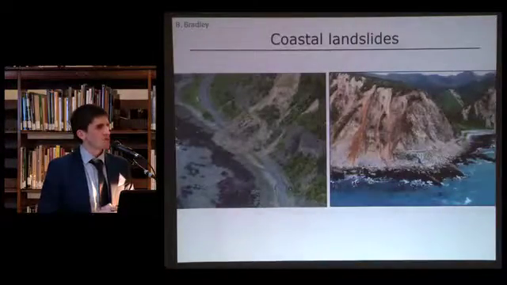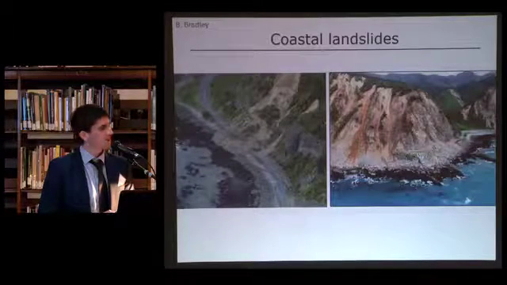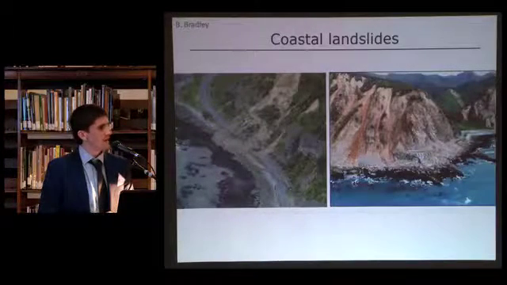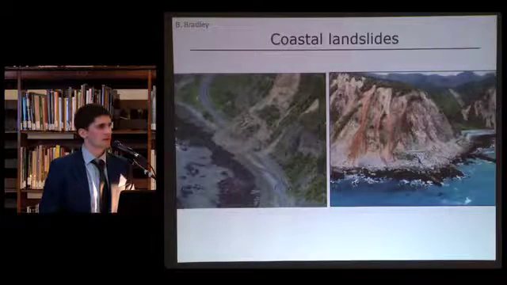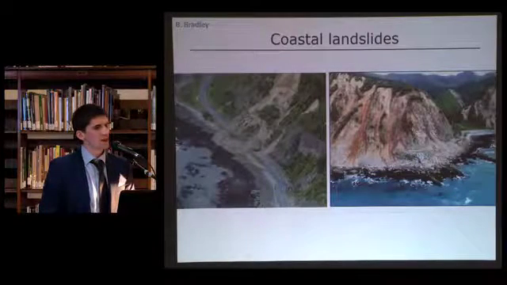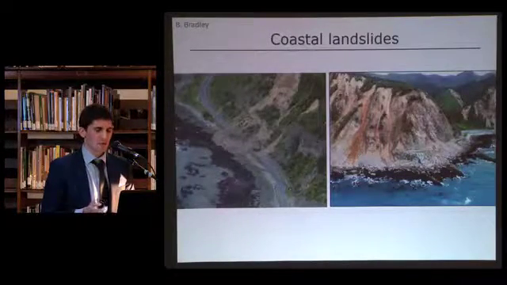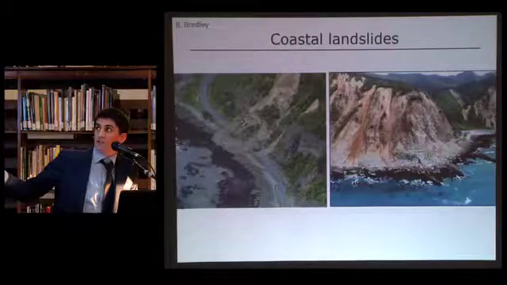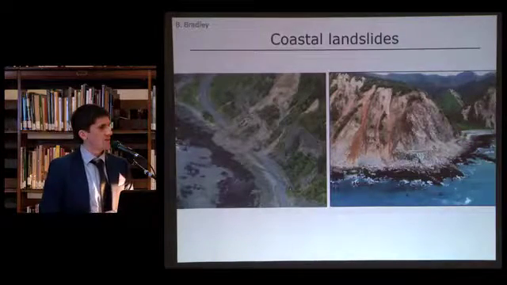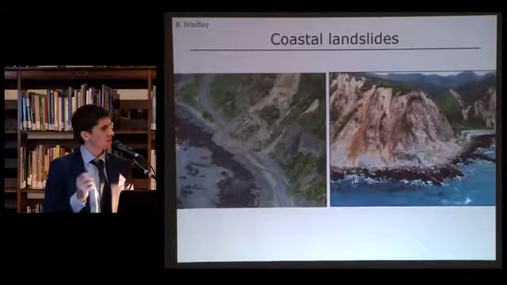As I alluded to, this is just a snapshot of the landslides, and particularly the one on the right-hand side is at a location called Waiau Point. It's really the most severe of the large landslides that occurred, and if you look to the very right-hand portion of that image, that's actually the coastal road that runs along the Kaikoura coast there.